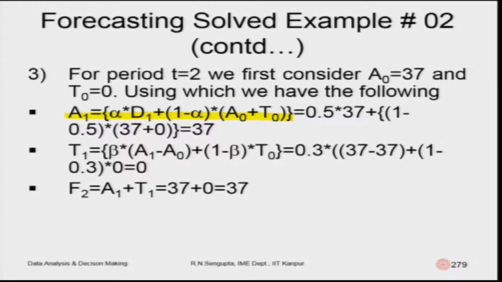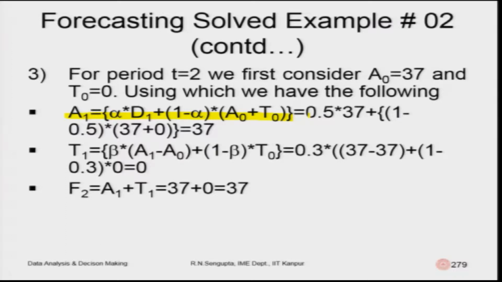So, 1 minus alpha would be the weight for the initial a naught and t naught value. So, considering 50% being the weights for alpha and 1 minus alpha, the value calculated for a1 would be